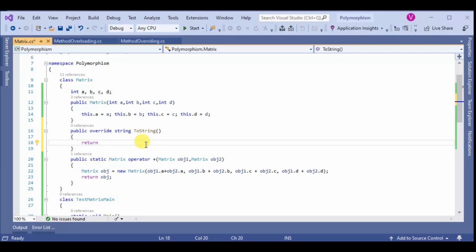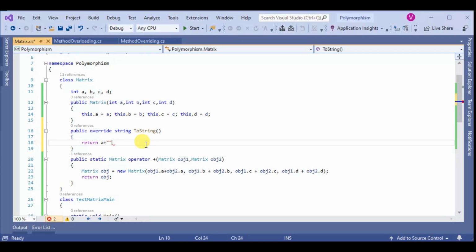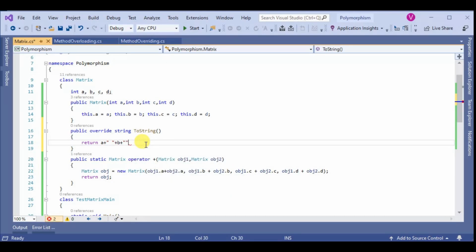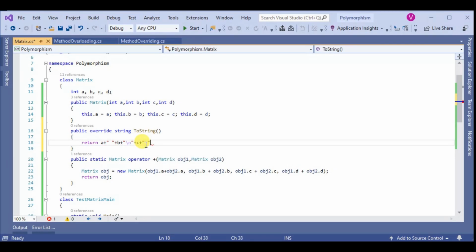So we return a plus b plus the remaining values, and we return this value.